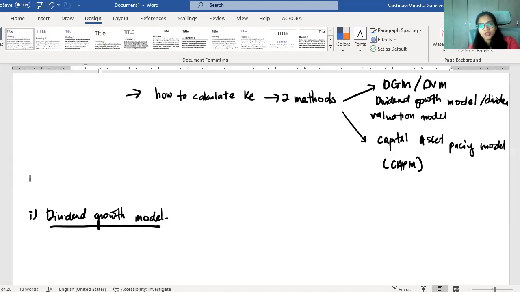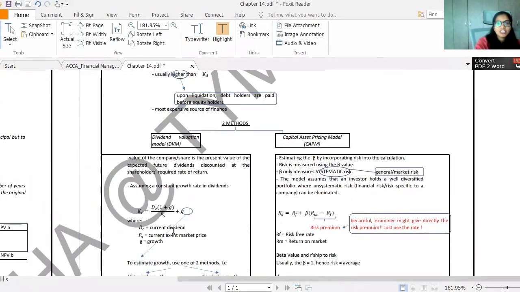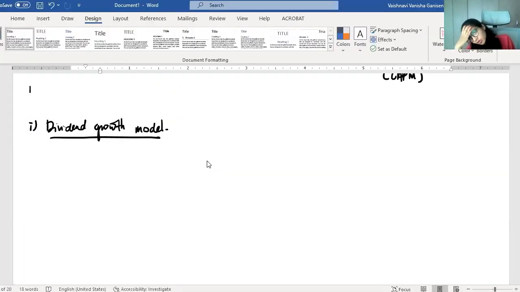Okay, so when we talk about the dividend growth model, don't worry, everything that I'm going to write is actually here. It's just that I need to explain further. That's why I'm going to use this particular area, and that's why I'm using my document here. But only write those that are important. That means when I'm talking, you listen. After that, only then you go ahead and write it. Okay, now,